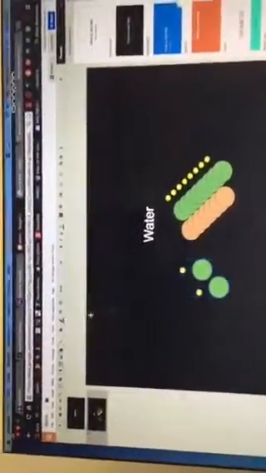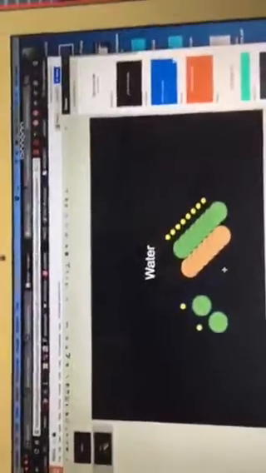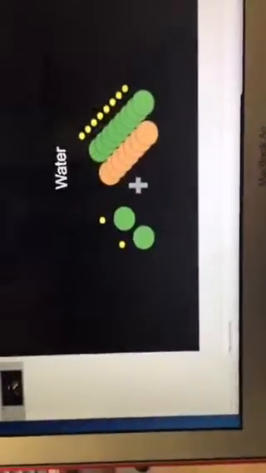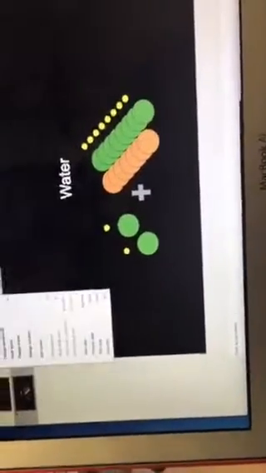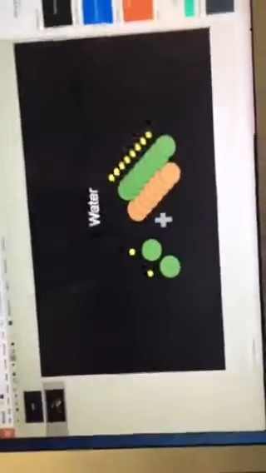So I'm going to go to my equations, I'm going to do my plus. So there's my plus, and I'm going to keep it gray. And now what students have to do is pop in the system right here, put it in their text box, and give us the chemical reaction to this, which of course is